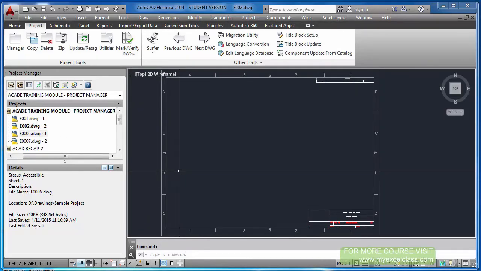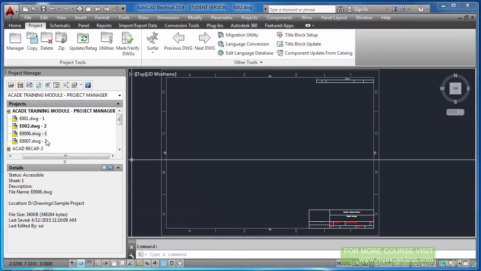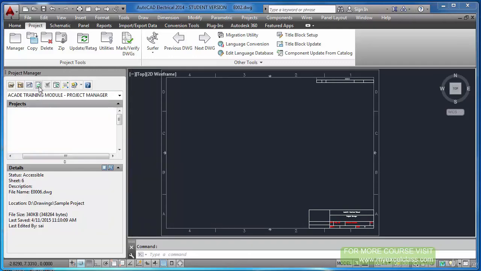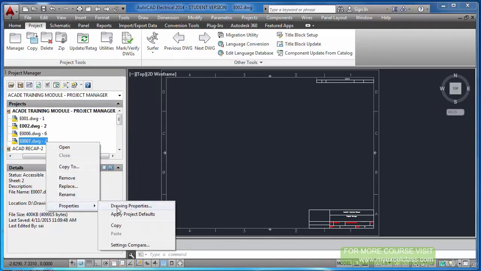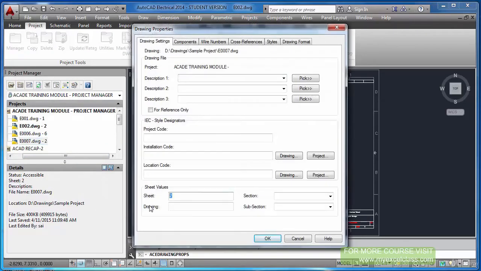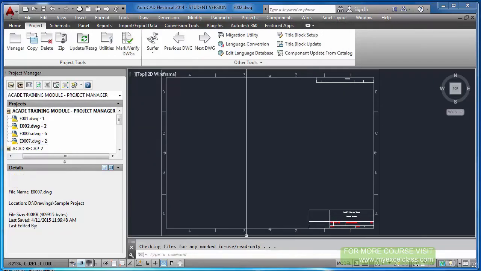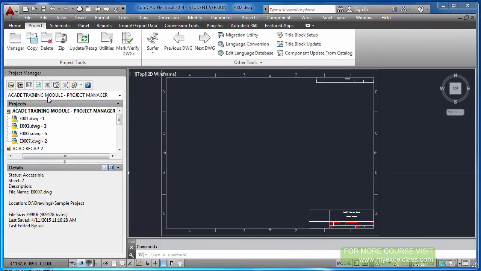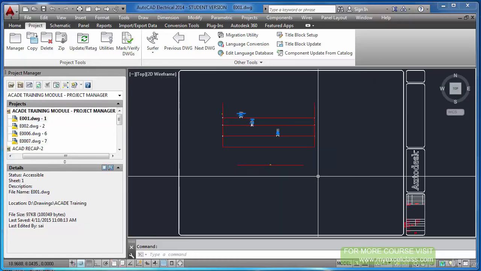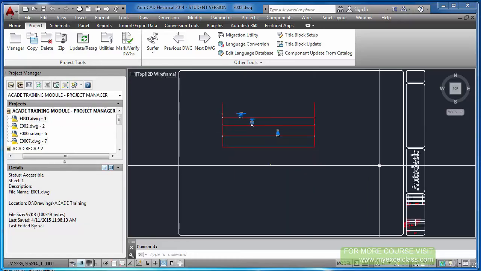Now you see, I have changed the value to 6, but it is still 1. Sometimes that happens, so just do a refresh. Fine. Now 7. Just do a refresh. Fine. Now you see, there are 4 drawings. The first one, I opened a drawing first and added that drawing into this project.